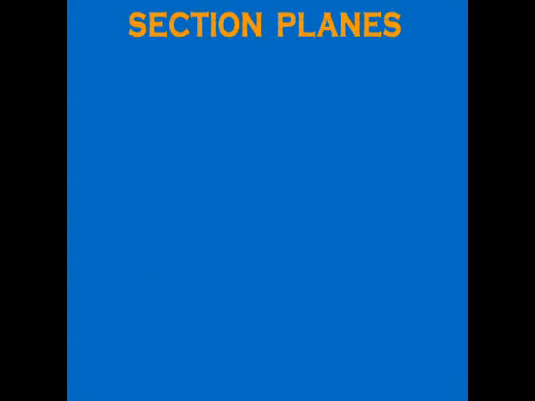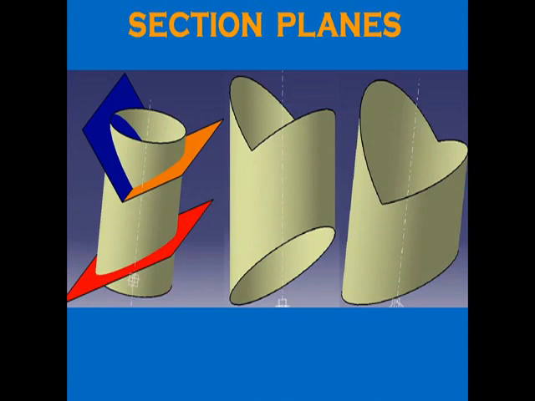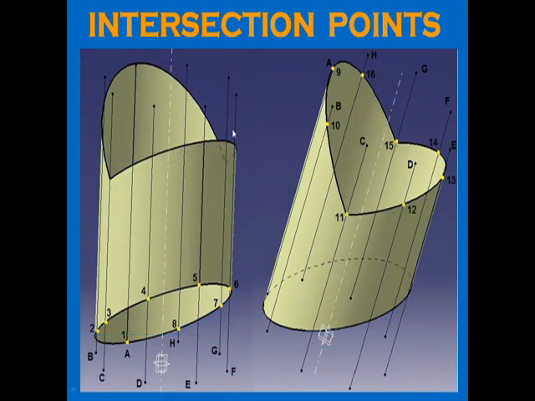So what I have done here is this, of course, is the cutting plane, and how it looks like, the first cutting plane and the second and third cutting plane, which I have already shown you in CATIA. Now what I want to show you here is the intersection points. So you can see, as I have told you, I am dividing the cylinder into 8 generators.